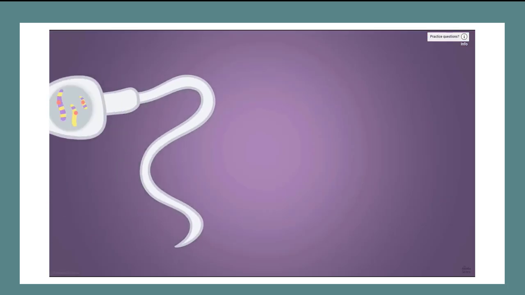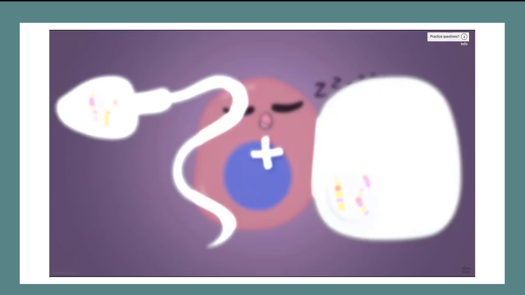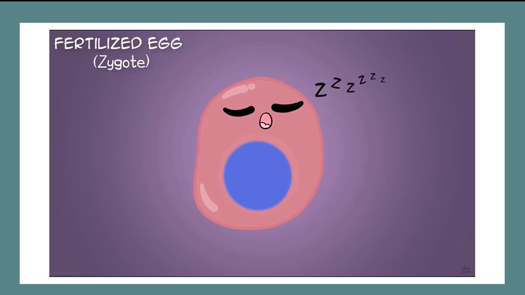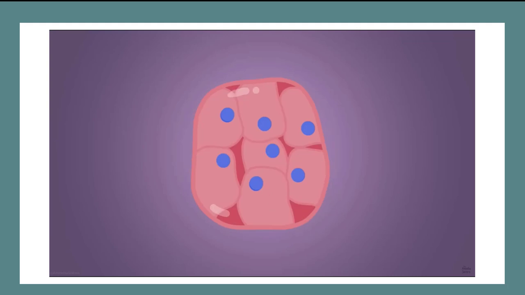By the way, when a sperm and egg cell combine, it results in a diploid cell, a fertilized egg, otherwise known as a zygote, which will then start a series of divisions using mitosis to give rise to a brand